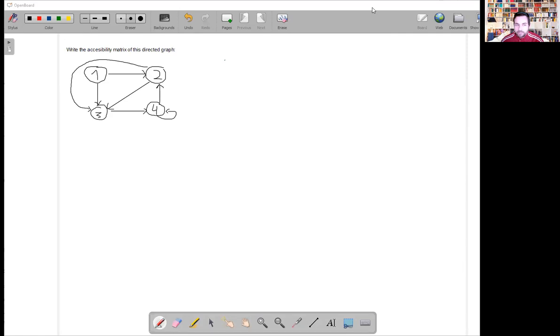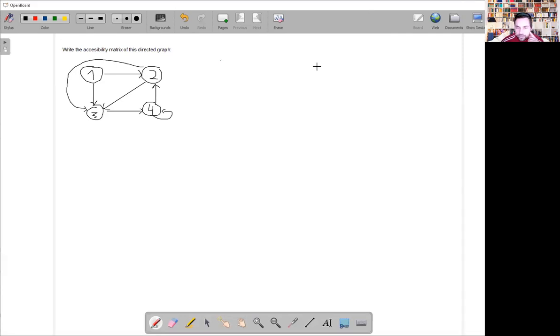And this is the problem that we must solve today, right? We need to write the accessibility matrix of this directed graph. To do so, we will start defining what the accessibility matrix is,